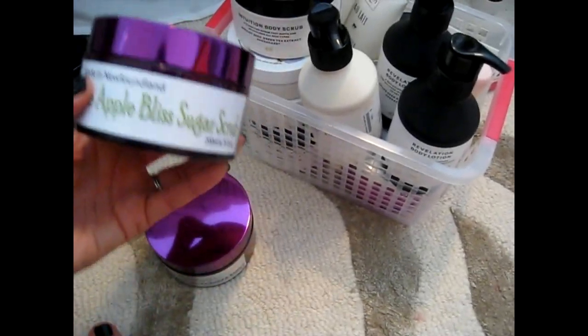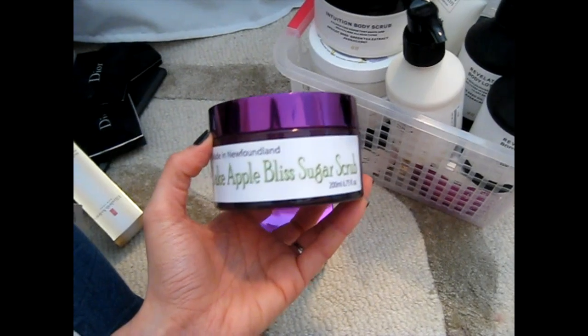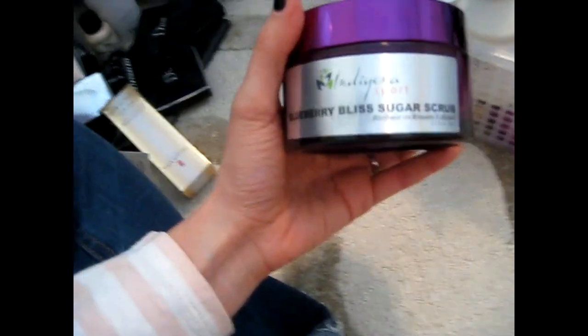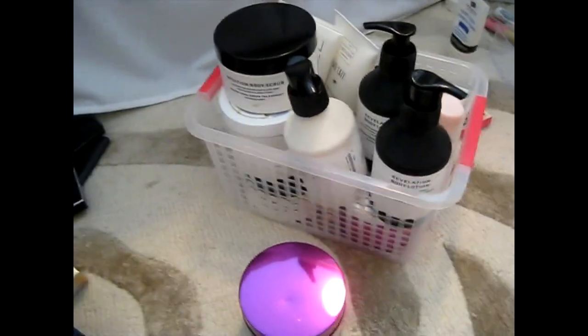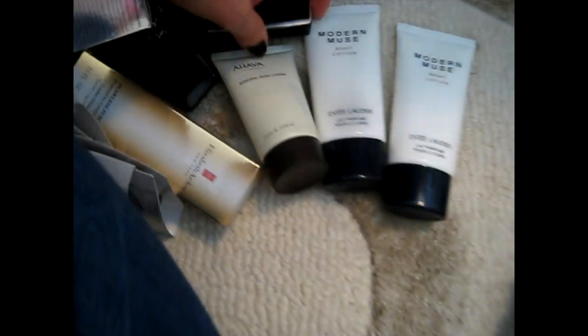So this is from a local Newfoundland company. It's called Indigena. This is the Bake Apple Bliss Sugar Scrub, and I hate the scent of it. Donating it. I love this. This is the Blueberry Bliss Sugar Scrub. I am keeping it. I feel like this pile is going to be all keep. A lot of it is brand new. I'm going to keep all of this and